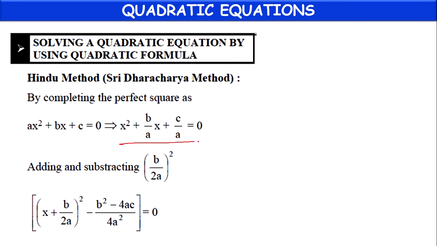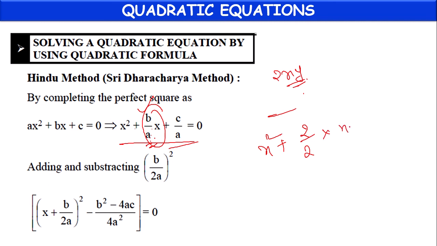So after that, in the middle, whatever term we have, it should be in the form of 2xy. It should be in the form of 2xy. So as 2 is not present here, what we can do? We can multiply with 2, we can divide with 2. So x square, 2 we have to write first, x we have to write first.